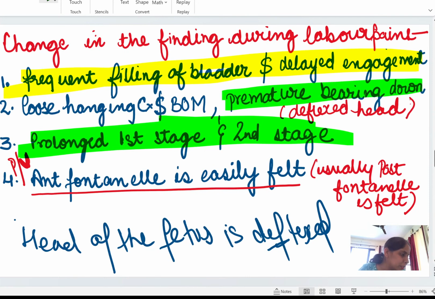Yes, Dr. Rachna, please ask. To change the deflexed head into flexed state, because delivery will only occur if the head is flexed. So there is premature bearing down, there is prolonged first stage and second stage. Okay. Yesterday we did in the stages of labor that